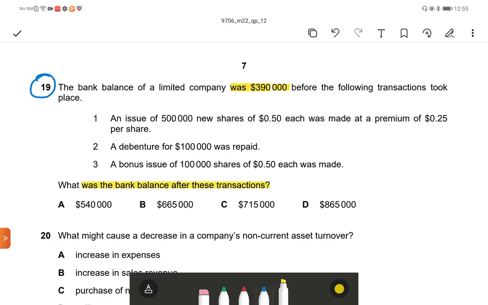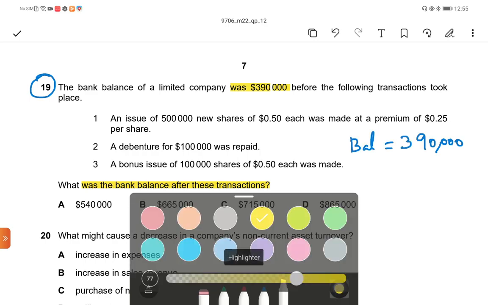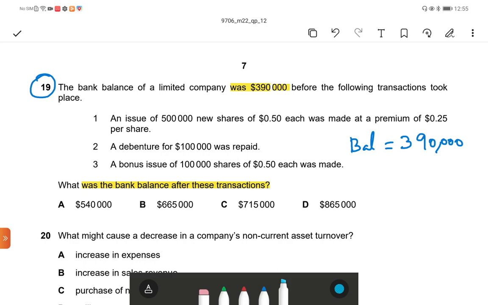So the bank balance is now 390,000. Then issue of 500,000 shares, price is 0.50, premium 0.25 per share. So total is 500,000